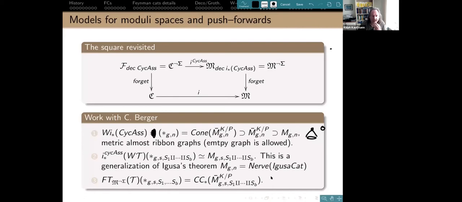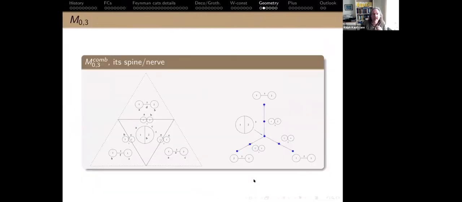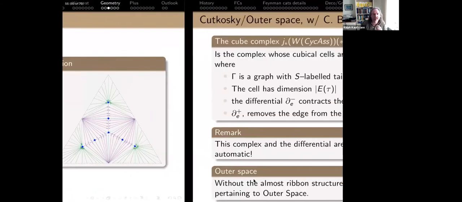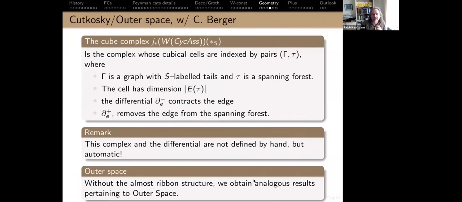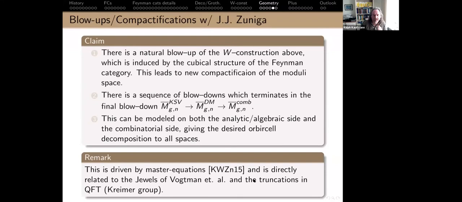And then there's something nice if you do the Feynman transform of this thing and work in the algebraic world. I don't have time to do this, but this links back to the cellular chains on this compactification, which I was looking at with Bob Penner. The pretty pictures here, but let me not do those. That has something to do with Kontsevich and outer space. These are the master equations, maybe.